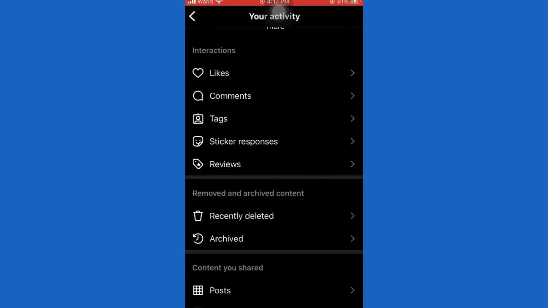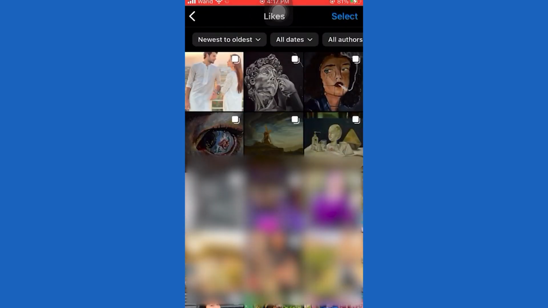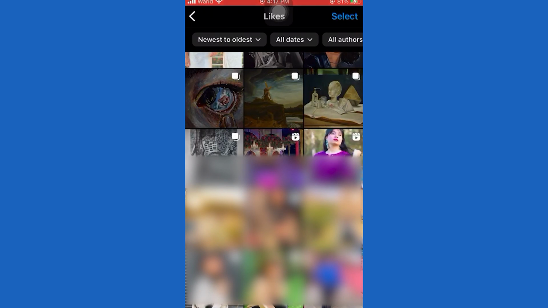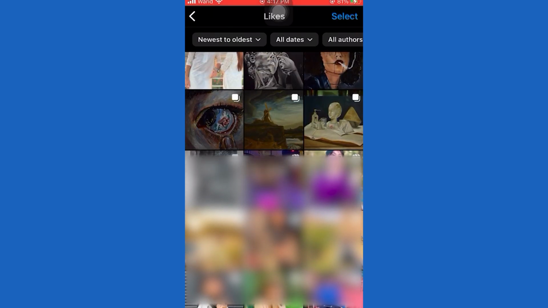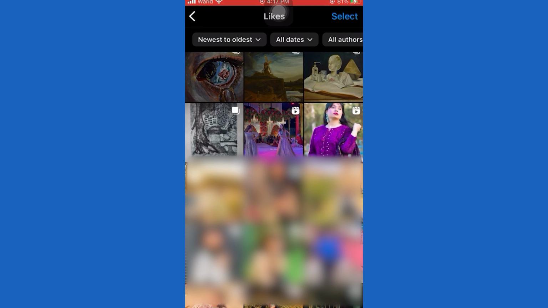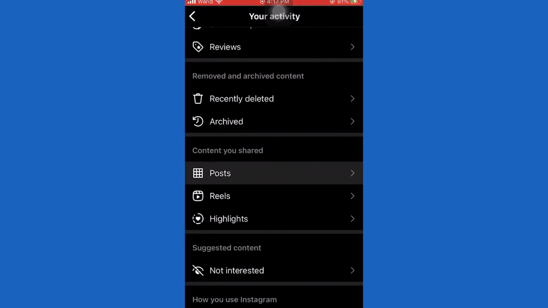So go through these posts, and if you find something that you genuinely don't like and don't want to see similar posts like that, simply unlike it, and that will signal the Instagram algorithm to not show you posts similar to that. The second thing that you can do